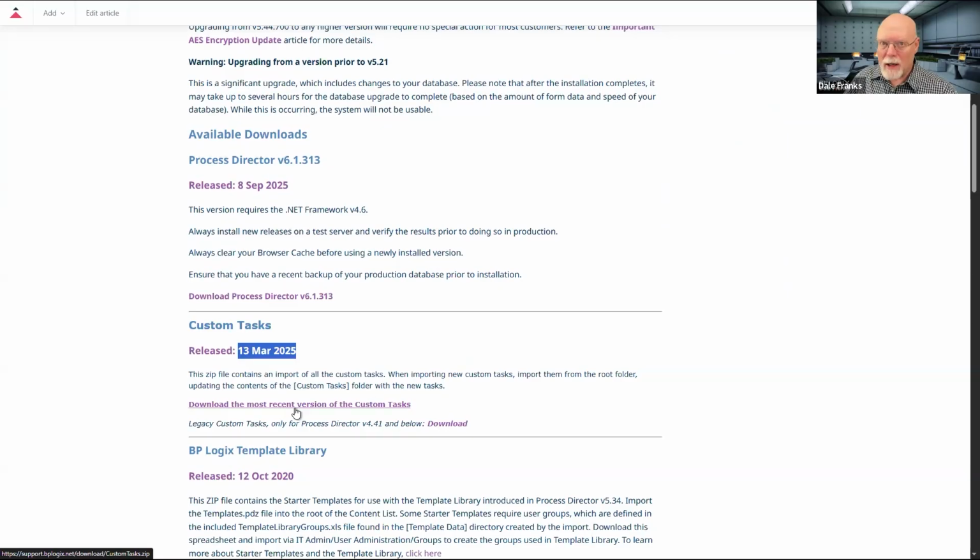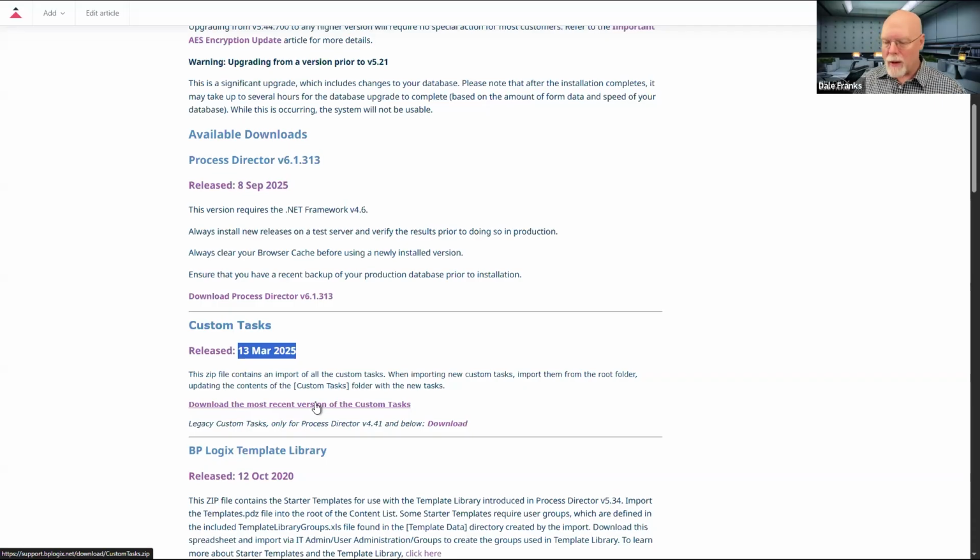That's about to change because we're about to update the package, and it will contain, if nothing else, the new custom task that I discussed on Tuesday in the Feature Spotlight webinar for decrypting files. So very shortly, we will have a new release of the custom tasks. We also issue new releases anytime we change or update a custom task.